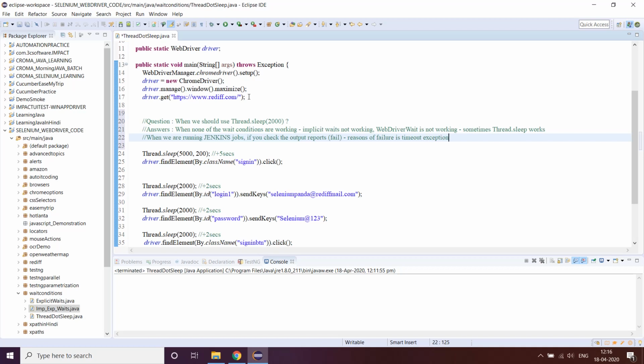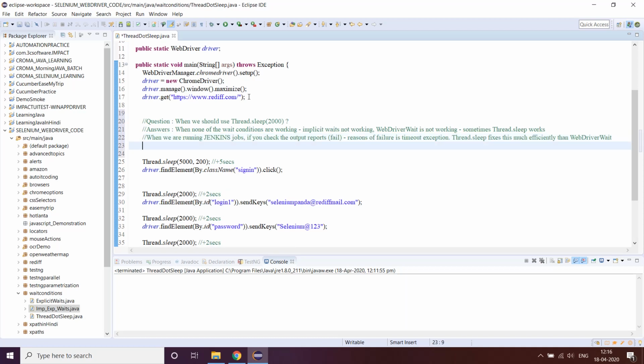And so what happens is, thread.sleep fixes this much more efficiently than implicit wait or WebDriverWait. So in these situations, somehow thread.sleep becomes more effective.